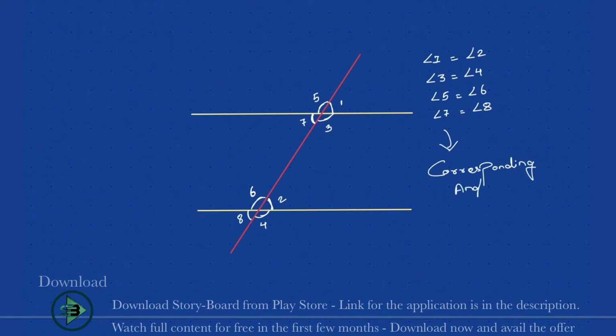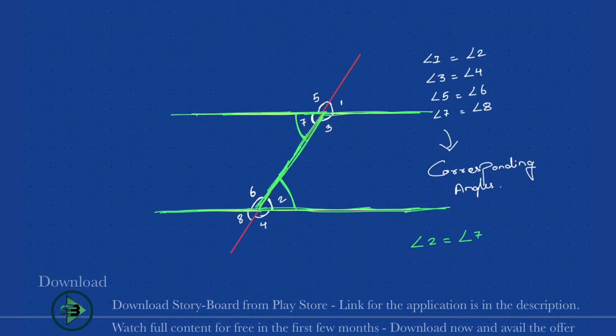Something that we learned in school. Pair of corresponding angles. So if two parallel lines are drawn and one transverse line is drawn, these angles will always be equal. Let's see some other angle. Let's draw a Z. You can remember, whenever we draw a Z, we get two angles. Angle 2 will be equal to angle 7. You know the reason why this is happening? Pair of alternate angles, right?